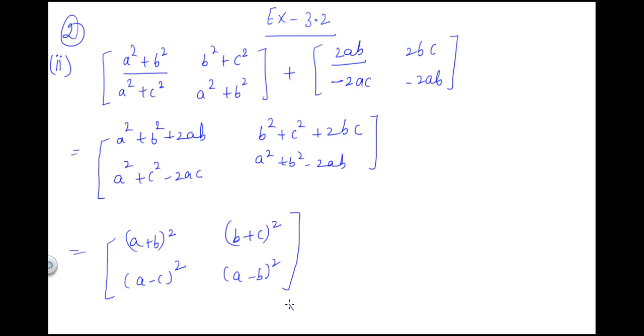So this is the final matrix, the addition of the matrices that you are going to get. Clear? So the other 3 parts can be easily done by you people. Use the identities as much as possible wherever they come. Question number 3 we are not going to do right now, because we haven't done multiplication of matrices; that we are going to learn in the next lecture. So now you can attempt question number 4.